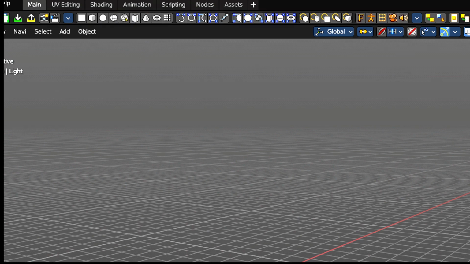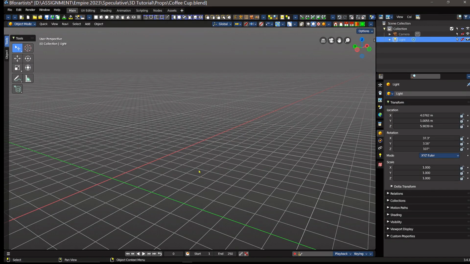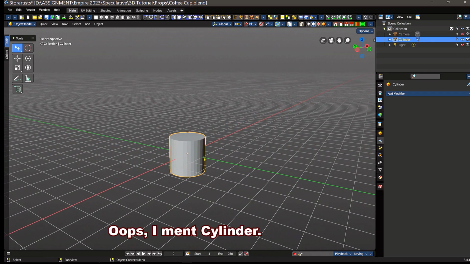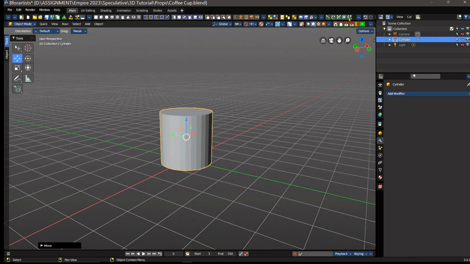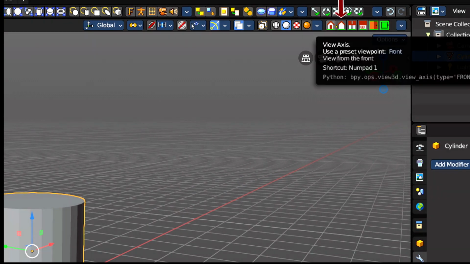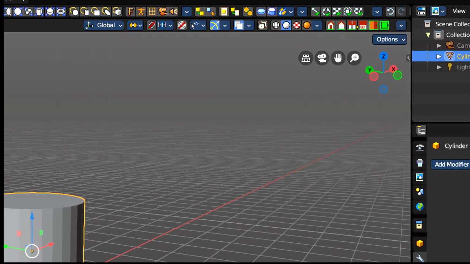So I'm going to create a rectangle, okay? And I'm going to make it so that it is level with the grid. Right here is where you see all of the different perspectives you can have. You have your front and the back and the right and the left and the top and the bottom. So we're going to just go to the front